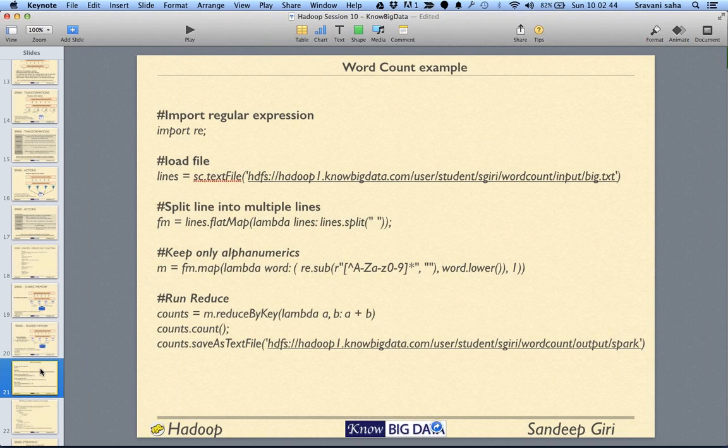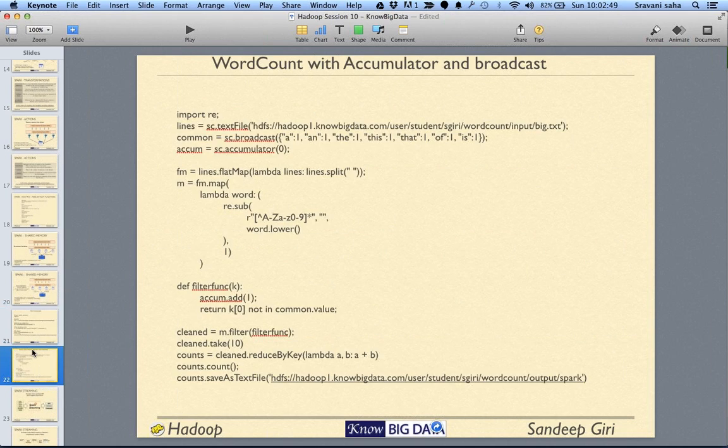All right. So this we have gone through already. And let's say we modify our base version of word count with a few modifications. The first objective is that we clean up the words. We remove special characters, and then we use broadcast to tell each node not to count certain particular words.